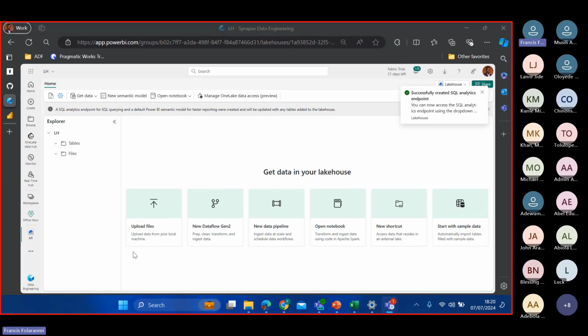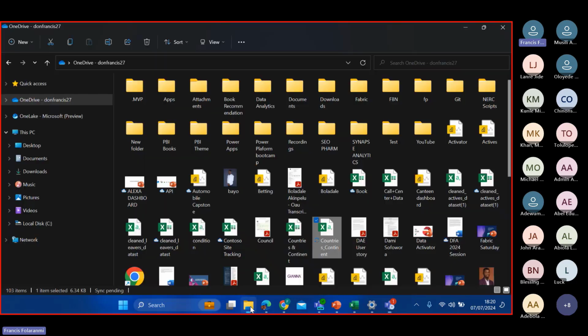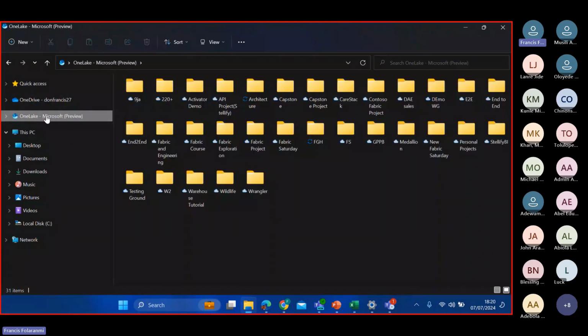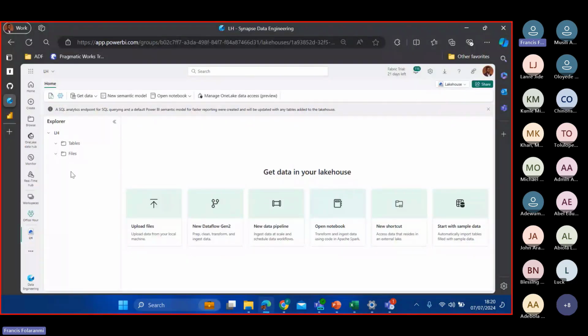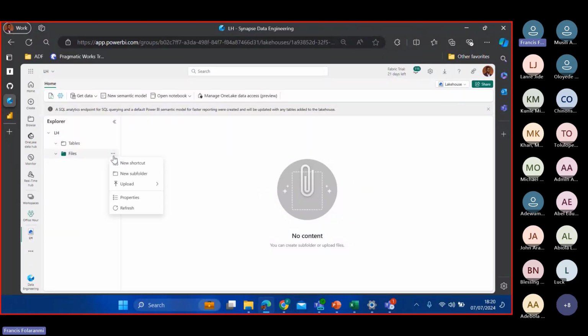Let me quickly show what it looks like. It's just like your Windows Explorer. This is my OneLake Explorer. Every workspace you create will be represented like a folder within your local machine. The workspace I created now, by the time I sync it, you see it here as a folder. Whatever file you want to use, you can just dump it in this folder on your local computer, and it's going to reflect in the cloud environment. If I refresh this now, I should see the new workspace that I created represented here as a folder. Let me go back to the Power BI cloud environment. From there, I come to my file right here, click on file, then click on upload files.